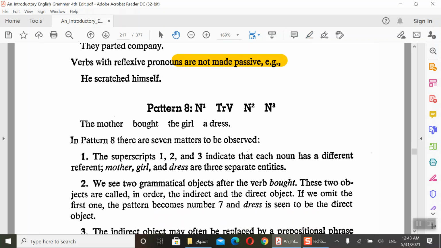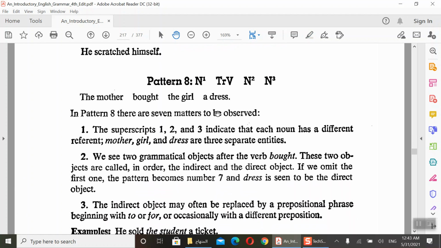And here we have pattern number 8. But in pattern number 8 we have noun 1, transitive, so the same as I said. Transitive, noun number 2, the same until now. So what is added? Noun 3 is added. 1, 2, 3. So when we see 1, 2, 3, it means 1 is different from 2, which is different from 3. It means all different. For example, the mother bought the